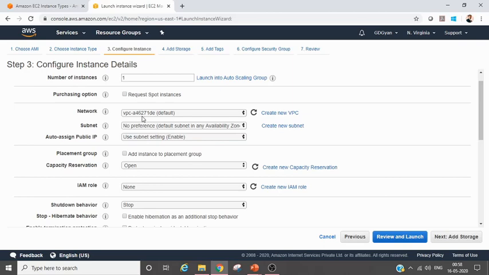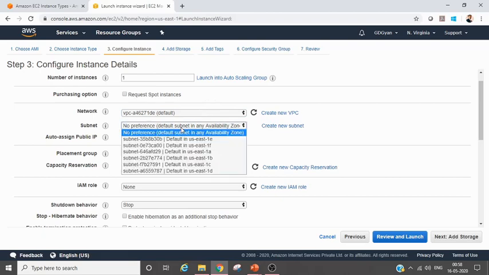When you create a VPC, by default you can create your new VPC. I'm going with the default one. Now subnet. Just understand this: for each availability zone you have one subnet. I'm in the North Virginia region, and we have 6 availability zones.